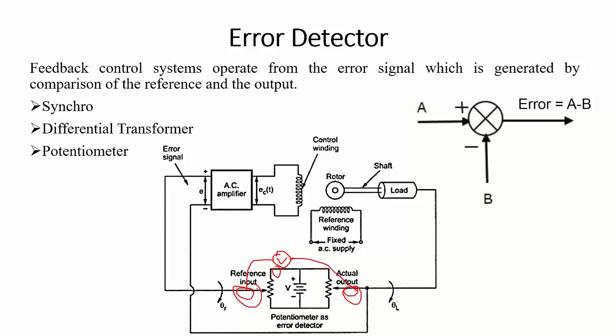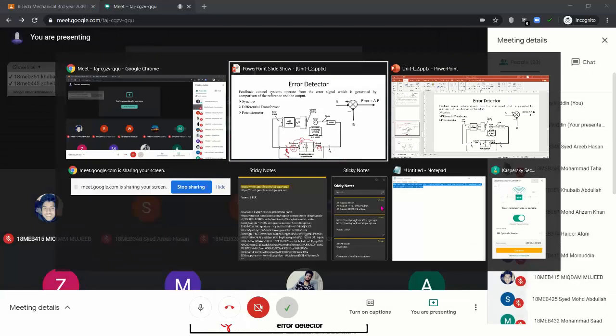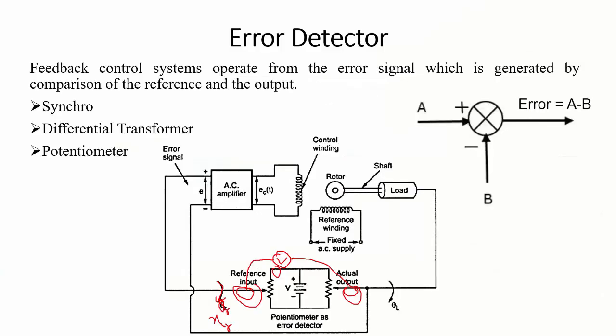Now in case the reference input is changed manually or by some means, shown over here is theta r, and let's say theta or x. Since shown over here is a linear resistor, not a rotary type of resistor, so it's not a rotary part, rather a linear part, so there is a mistake, it should be xr, not theta. So suppose that this reference input arm is displaced by a certain displacement, so xr is varied. In that case, now there will exist a potential